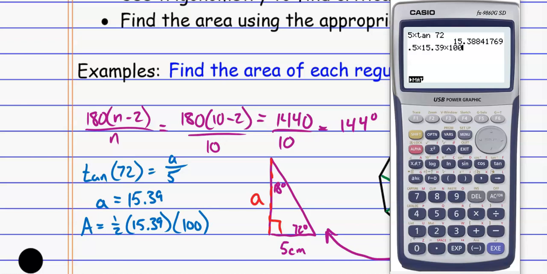And actually, before I enter this thing, instead of doing the 15.39 here, I could easily do this without rounding it off by hitting the answer button so it uses my previous answer. Okay, so that's another little trick to make this a little bit more accurate and to save yourself from having to punch that in and type a little bit more. So I get 769.42